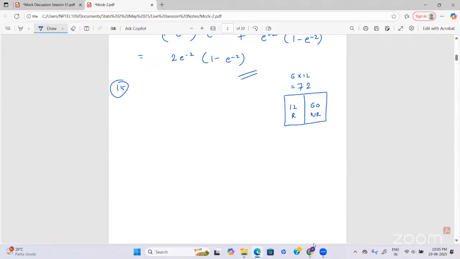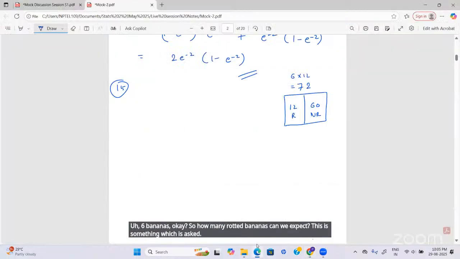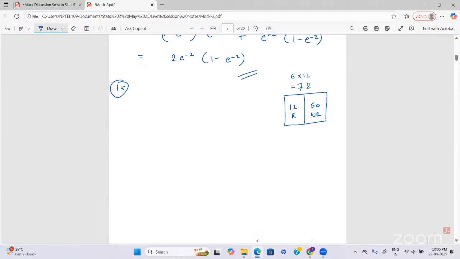Now we are selecting. The customer wants to purchase 6 bananas. So how many rotted bananas can we expect? This is what is asked. So if I take the random variable X, which represents the number of rotted bananas,